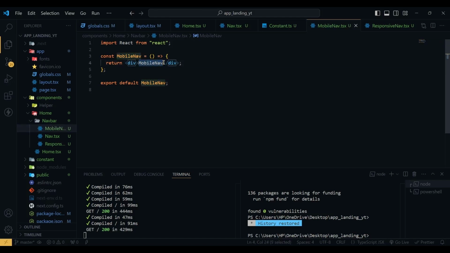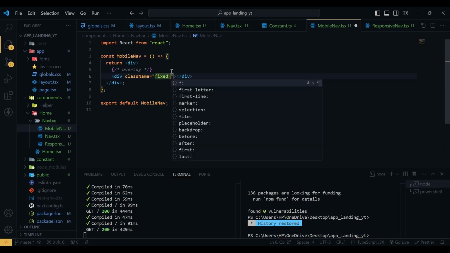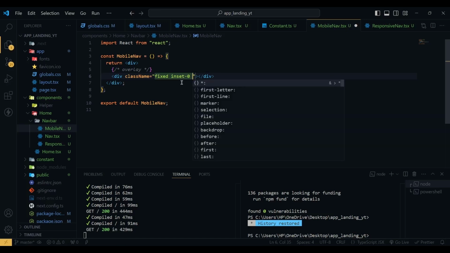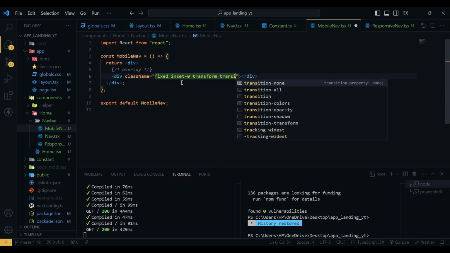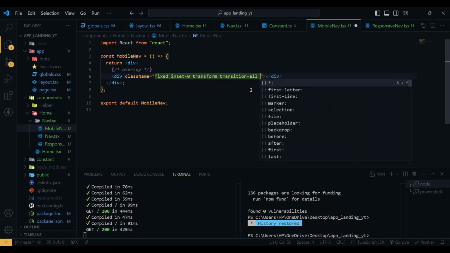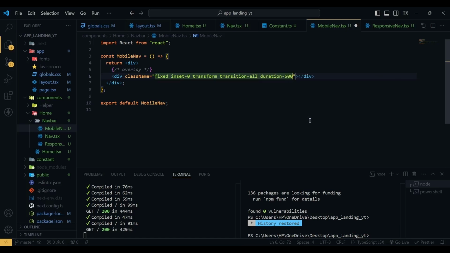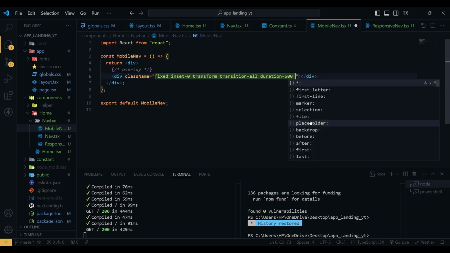inside this div we have an overlay, and for this overlay we are going to use a div with a class name of fixed, top will be 0. So let's just use inset 0. Then we have transform, we're going to use transform here, transition all, duration will be 500 milliseconds because we are going to add the sliding animation,